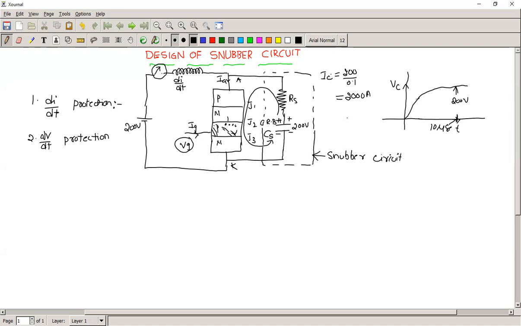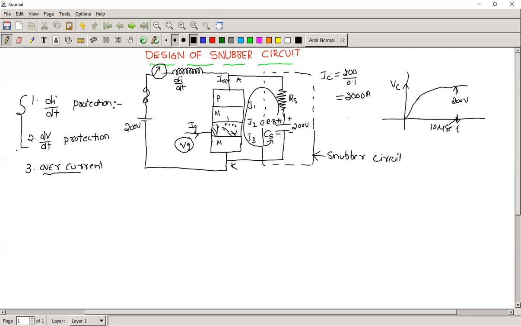Now we are going to see one more protection, that is the overcurrent protection. Generally, we know that overcurrent protection can be achieved simply by using a fuse. Here you can take any fuse so that it can give overcurrent protection. But this is not that important here. These two are very, very important.